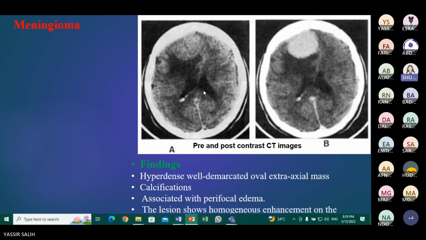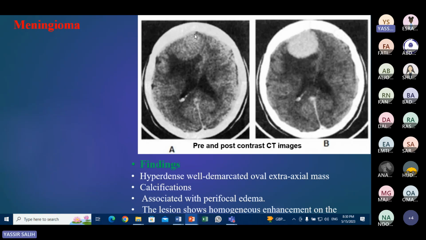With contrast. This is the same patient. A is without contrast and B is with contrast. D is with and this is without. But if you notice, this lesion has density. Why does this appear hyperdense like this? It means it has calcification. So to describe this lesion, notice that there is a round lesion